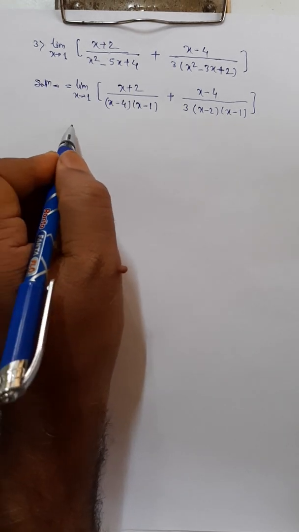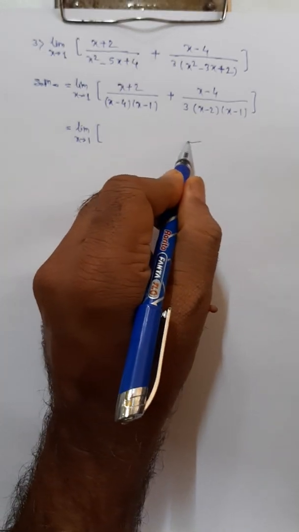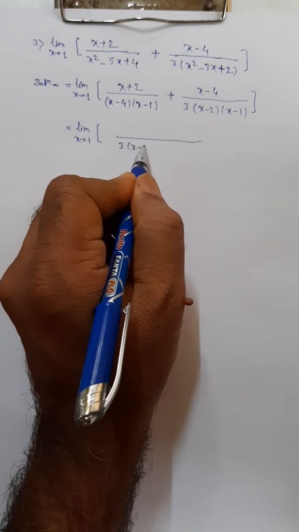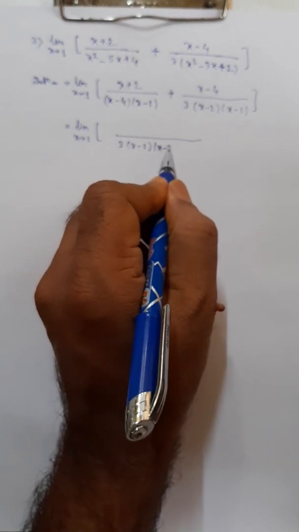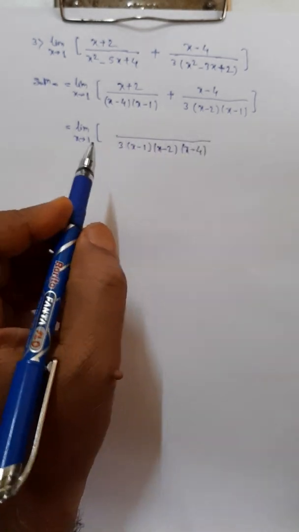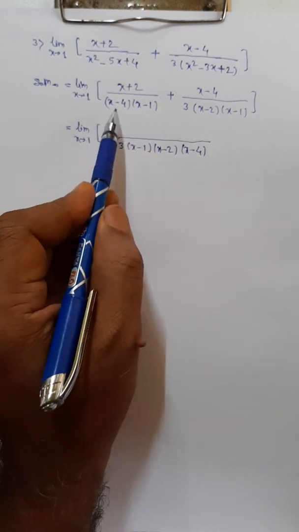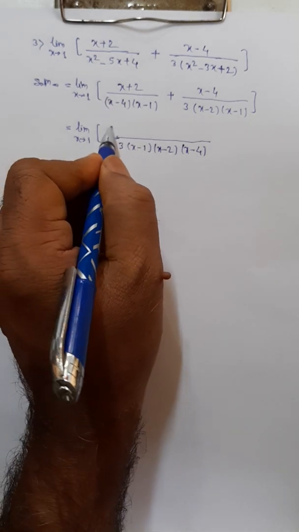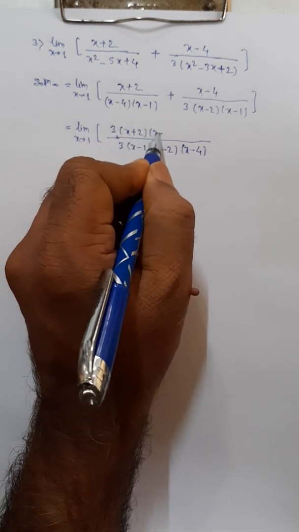Then we take the LCM, so it is equal to limit as x tends to 1, here the LCM is, write 3 constant first, then take factor x minus 1, note that here we take a repeated factor once only, then x minus 2 and then x minus 4. Then see here how to write the numerator. This is a shortcut method, use this, divide this LCM by this denominator. So see here x minus 4 cancels, x minus 1 cancels, so we get 3 into x minus 2. So 3 into this numerator x plus 2 and into this factor x minus 2.